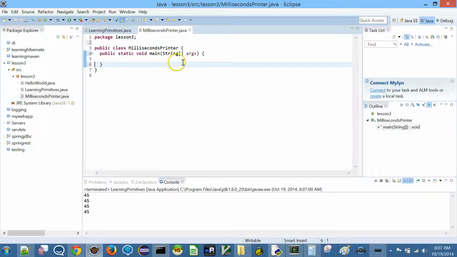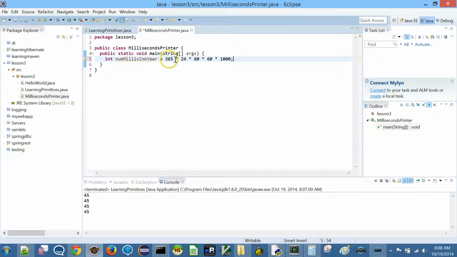I'm going to say int number of millis in a year equal to, assuming there are 365 days in a year, 365 into 24 hours in 1 day, into 60 for the number of minutes in 1 hour, multiplied by another 60 to get the seconds, and then multiplied by another 1000 to get the milliseconds.